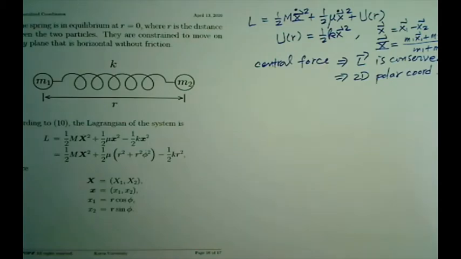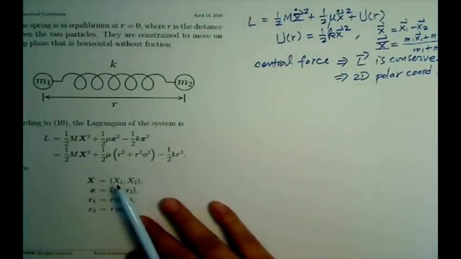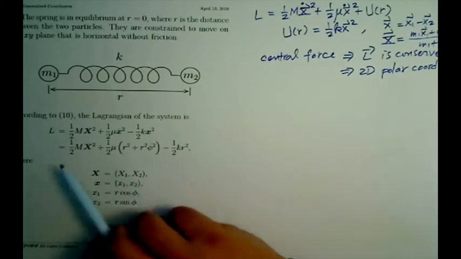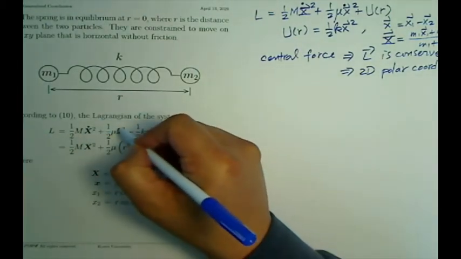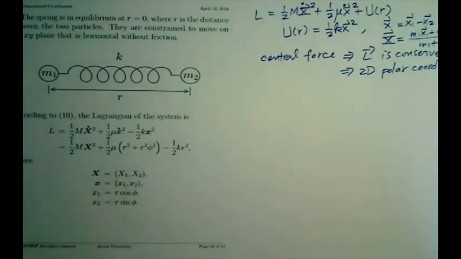So we can write it down in the two-dimensional polar coordinate system, which is equivalent to the cylindrical coordinate system. As we just derived, the kinetic energy of the system is the sum of 1/2 capital M capital X dot squared plus 1/2 mu,